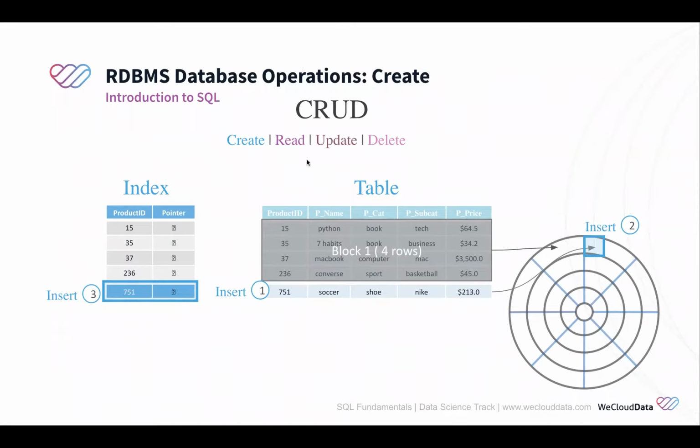Again, same table, product table. And the data, let's say we have lots of products and it spans multiple blocks. When we create the table, the table is created first, so step 1, create the table. And then we create the index. Index is always created after the table. It has been created, okay? And when we read the data,